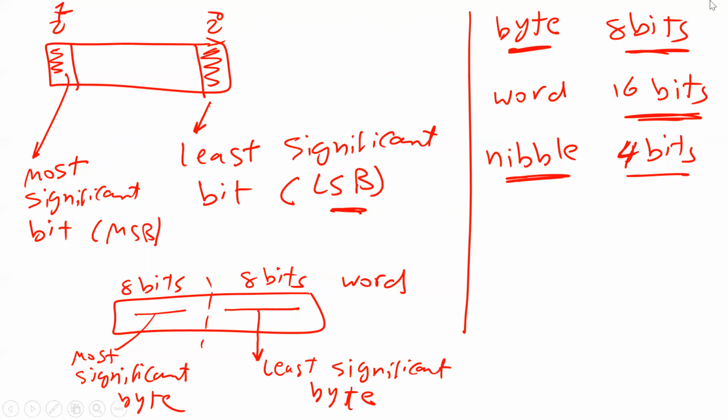One more thing we should agree on: if you have a number like this one, the first bit on the right we call the least significant bit, LSB. And the bit here on the left we are going to call the most significant bit, MSB. It's not difficult. Just look at the English names. This is the least significant, this is the most significant, right? Why? Because this one has the least weight and this one has the most weight. The weight here is 2^7. That's why I call it most significant. Important, significant, right? But this one has the least weight.